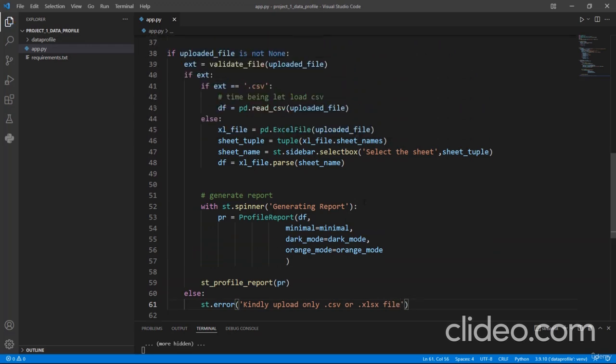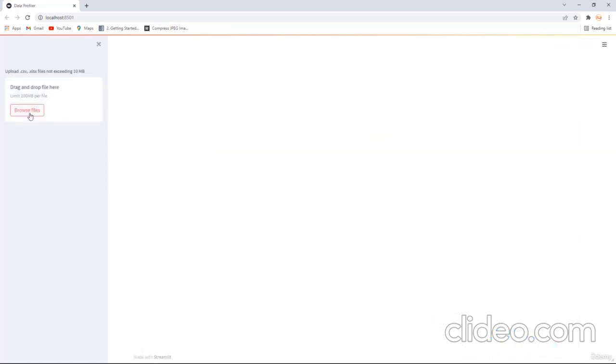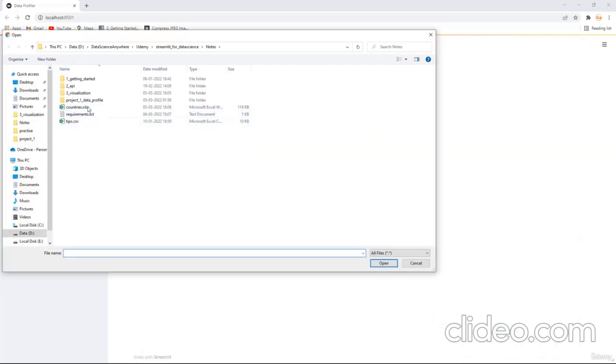Now what I will do, let's save this, go back to my application. Okay, now what we're going to do is test it for a different file. This time I'll test for an Excel file. Let me close this. Now browse a file, and this time I'm going to browse the Excel file, that is countries.xlsx. Let me open this, and